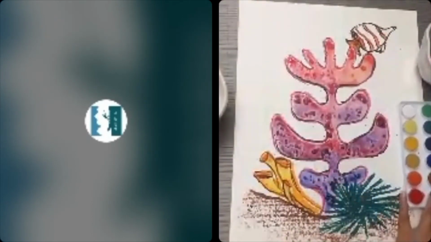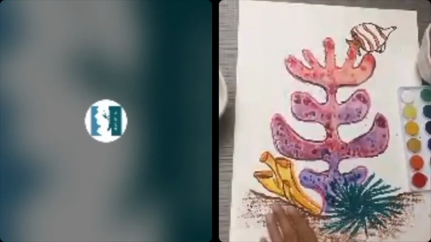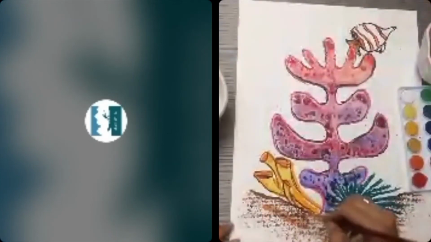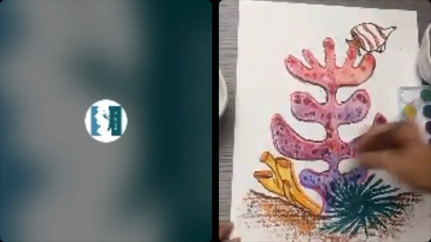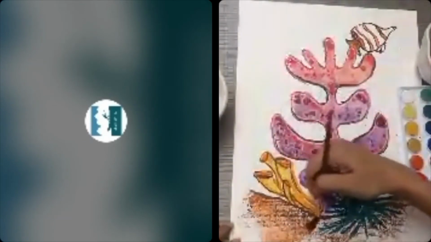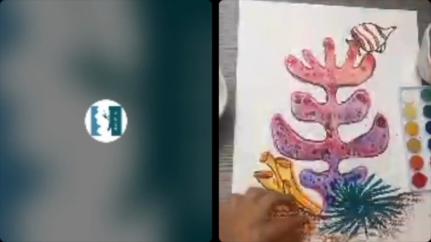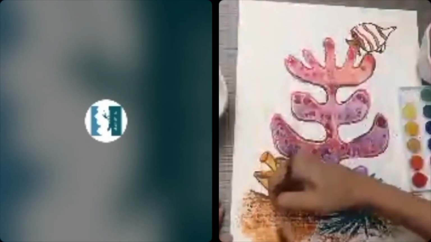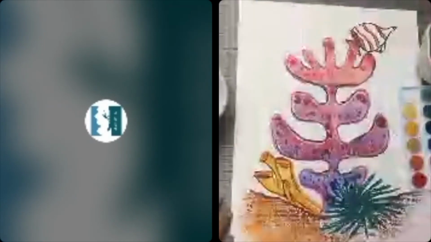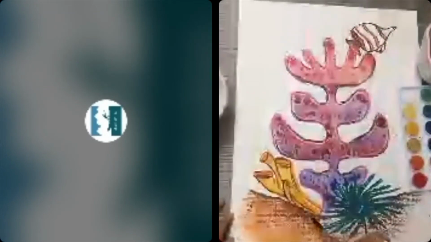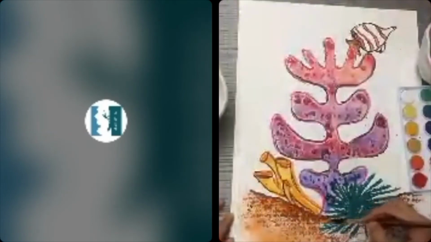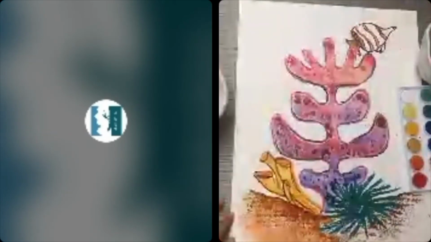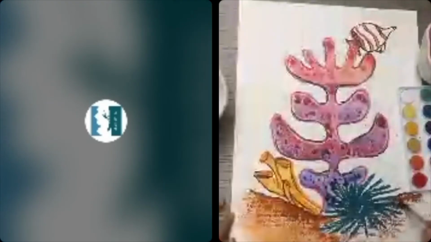I'm going to move on to just filling up the base here. So dark brown or light brown. It's just going to fill in the space, again with the oil pastel resist technique, but you will still clearly see the oil pastel rubbing. You can just merge that out, make it a little darker near the top. We'll leave the sea urchin as it is.